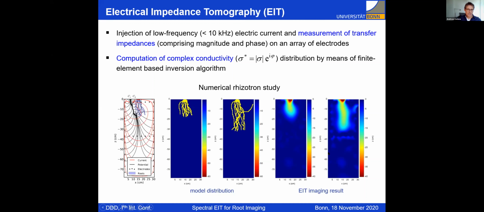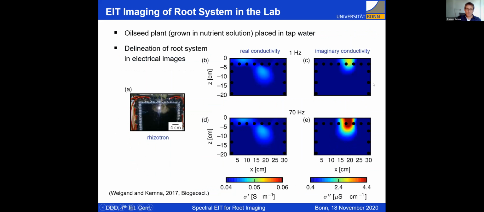And mathematically, we can describe the parameter that is imaged here as a frequency-dependent, complex-valued electrical conductivity comprising magnitude and phase. And it's actually this phase that we're particularly interested in, the frequency dependence of this phase. And in early experiments, we investigated the imaging results of this method for different plants or root systems